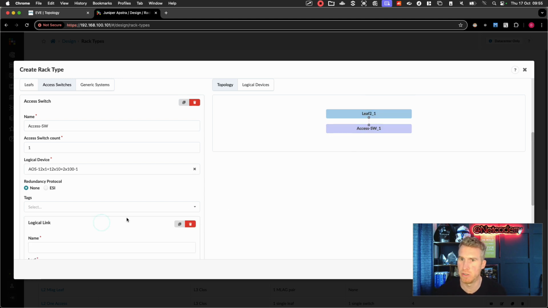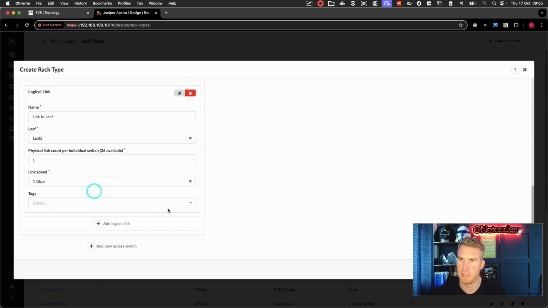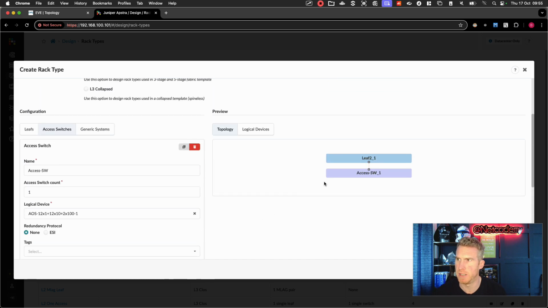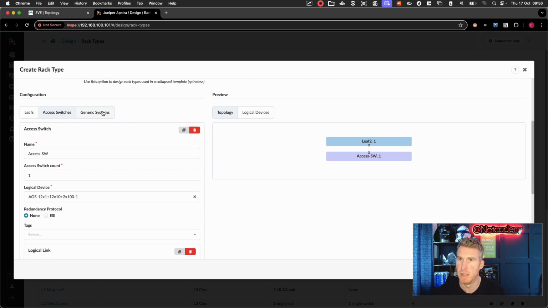And let's add the logical link. So let's just call this link to leaf, and the link speed is 1 gig, and there's not a tag pre-built for it, so I will leave that blank. But we can see under leaf 2, connected to the access layer switch, ge-0/0/4, 5, 6 goes to those servers connected to it. So we do need to